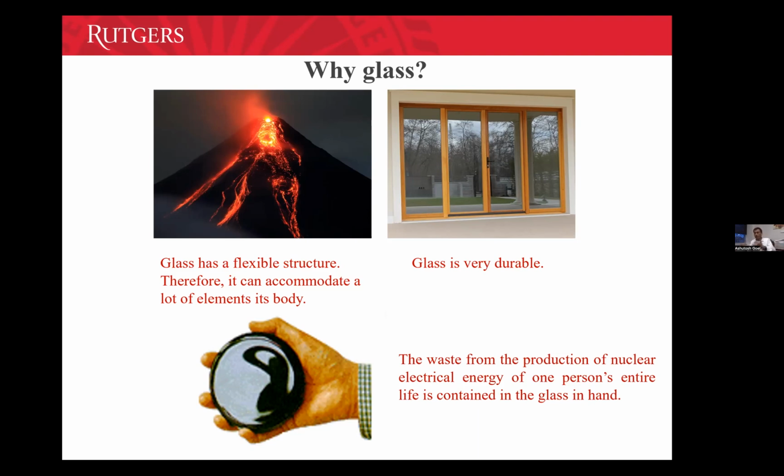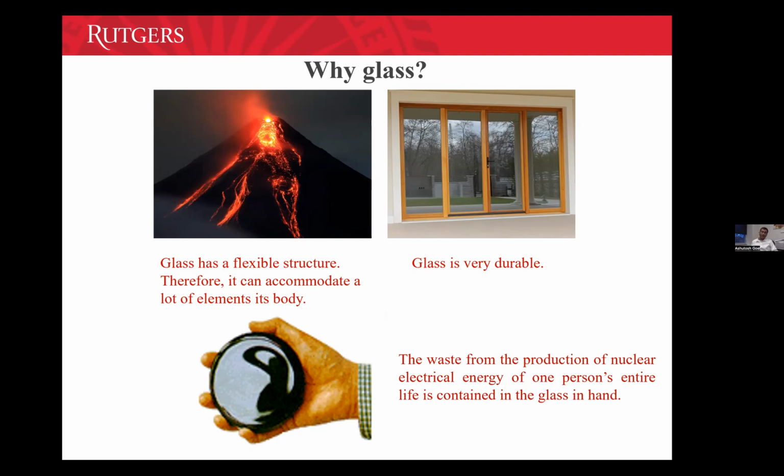And then glass is durable. For example, just look at the windows around you. You're telling me it's snowy outside, it rains. Do you see your glass window disappearing, corroding away? The glass window stays there for years and years and years, right? If a glass window is that durable, think about the nuclear waste glass which we will be creating. How durable will that be? We are expecting the nuclear waste glass to stay there for at least 10,000 years.